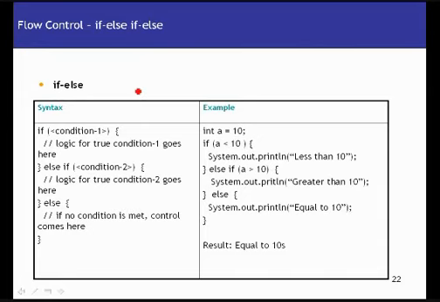The first flow control statement I have is if else. The if statement is going to check for a particular condition, and if that condition is true, it's going to execute a certain set of statements, else it's going to execute certain other statements, right? In the syntax here, I have: if condition 1 is true, execute certain statements, else if condition 2 is true, execute some other statements, else if none of the above are true, execute certain statements. I've got only one else if given here, but in reality you can have a number of else if statements in between the if and else.